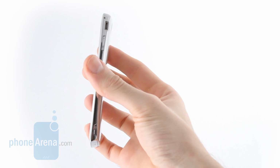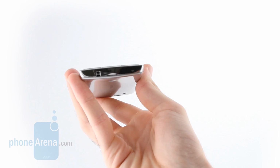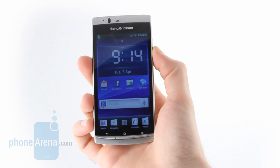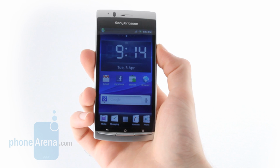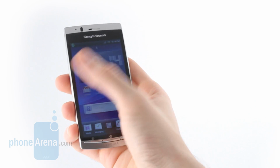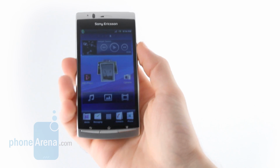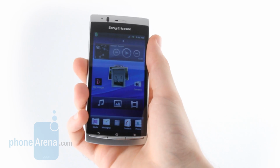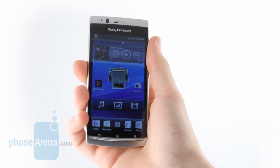Firstly, we can see the design. Everyone who held this device agreed it's a sexy device. Now it might sound stupid to call a phone sexy, but you'd be surprised the reactions this handset got. On this front, it definitely feels premium, and so has initially, from the get-go, improved on the Sony Ericsson Xperia